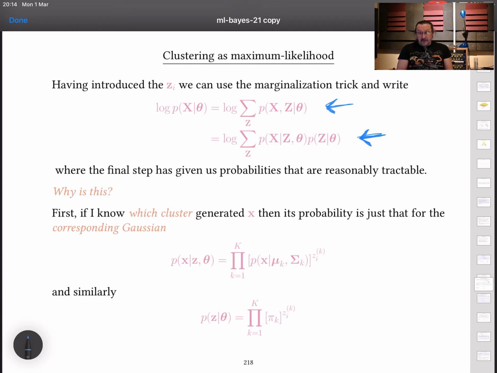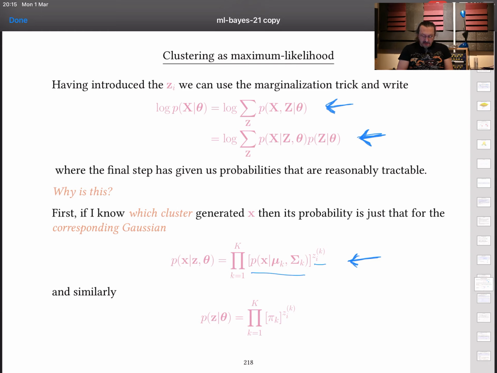And that is an easy thing to write down. It's just the expression for the probability density for that particular cluster. And I can write it using a similar trick to the one that I used earlier in the course, as a product of each of those raised to the power of the relevant